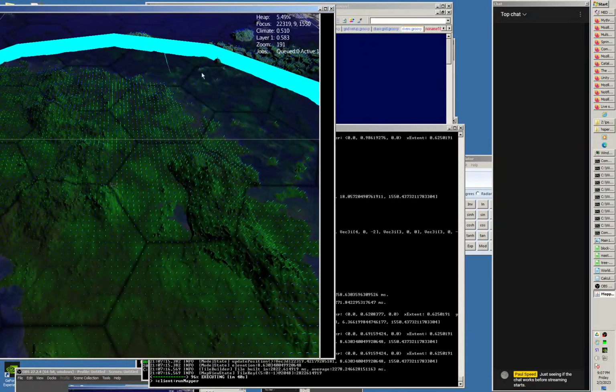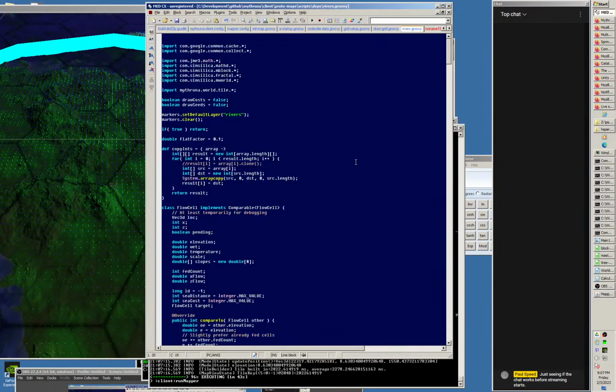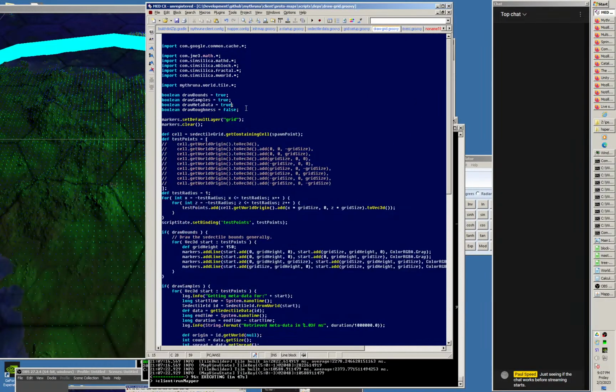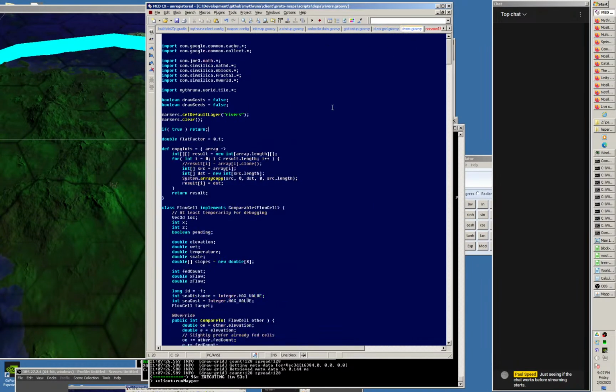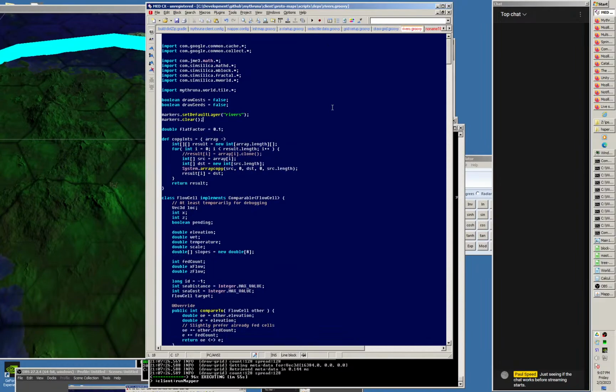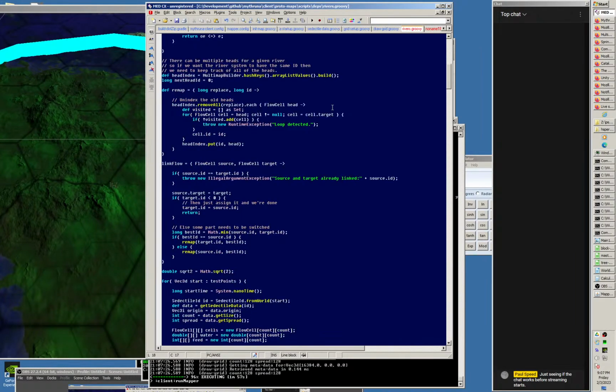And so because this is in the mapper tool, I have the ability to turn this stuff on and off. So I can come over here and say we don't want to draw the metadata anymore. And so we don't draw the metadata. But what we do want to do is process the rivers, but I only want to generate